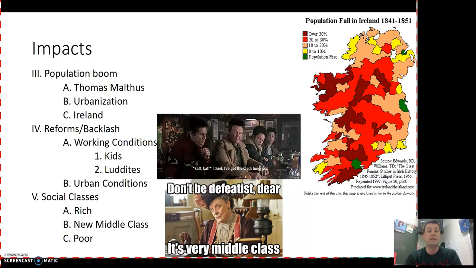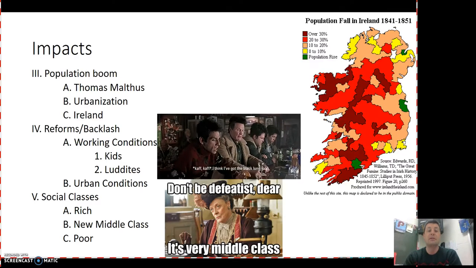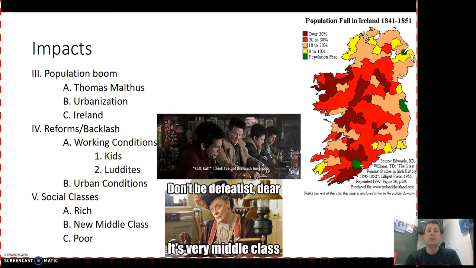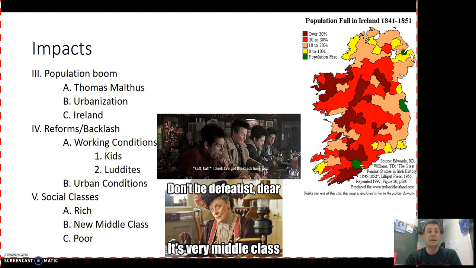We do see that urbanization, as I mentioned. However, we see some negative effects of this in Ireland. As a result of the population boom, we see, 1840s, 1850, a very, very famous Irish potato famine. A lot of the land is owned by rich aristocrats from Britain, and as a result, the people have small and limited land in which to grow their own food. So potatoes are a crop that A, are hardy, and B, don't need a lot of land in order to grow. So when this fungus spreads to potatoes that destroys the potato crop over the course of a few years,